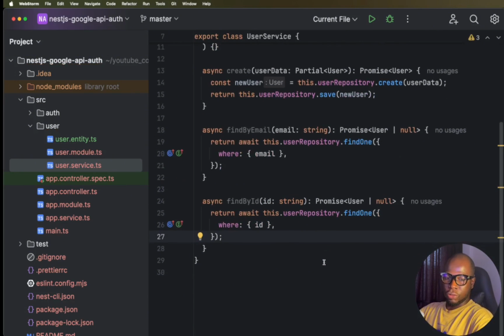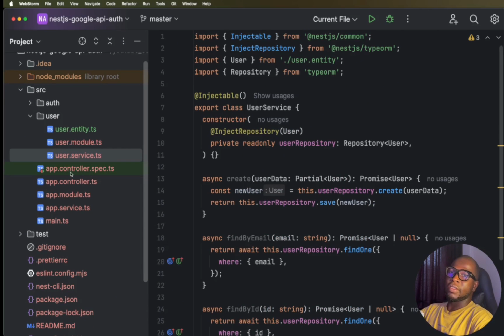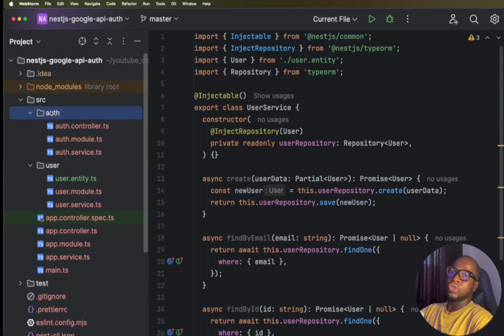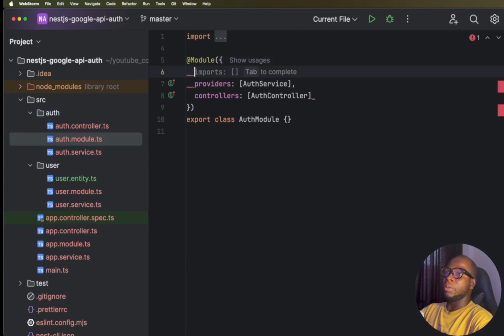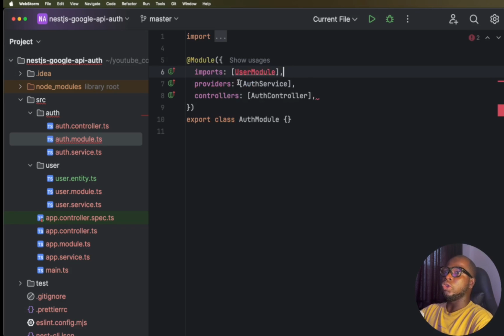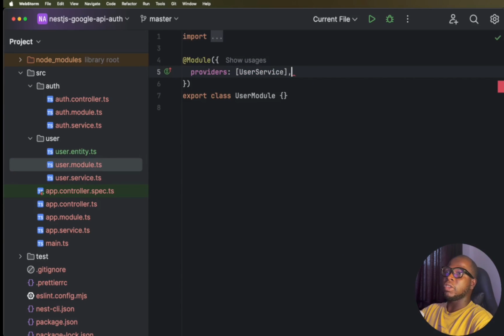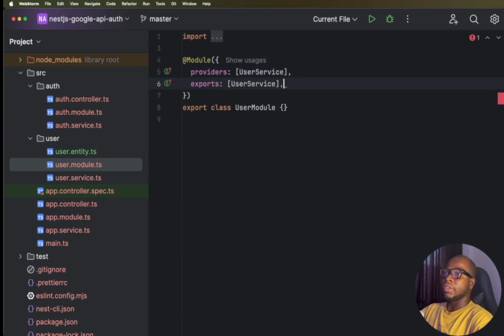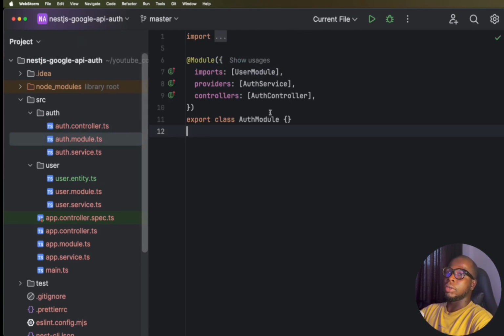Now that we are done with our user service, the next thing we need to do is go into the Auth module and import the user module so that we will be able to use those services that we've created. So let me also ensure that the user module is exporting the user service. Ensure that it is exported, otherwise you'll not be able to perform the necessary